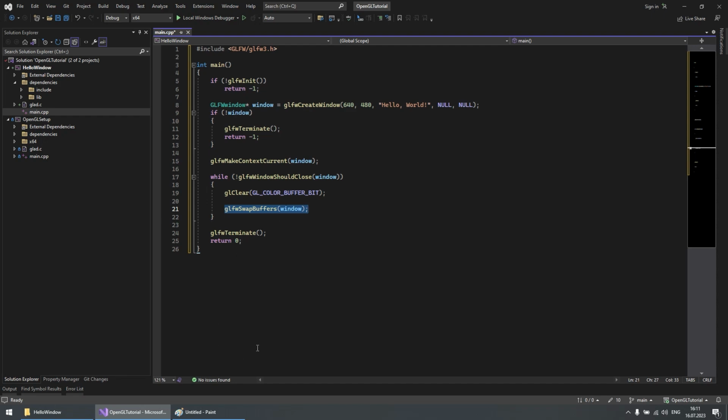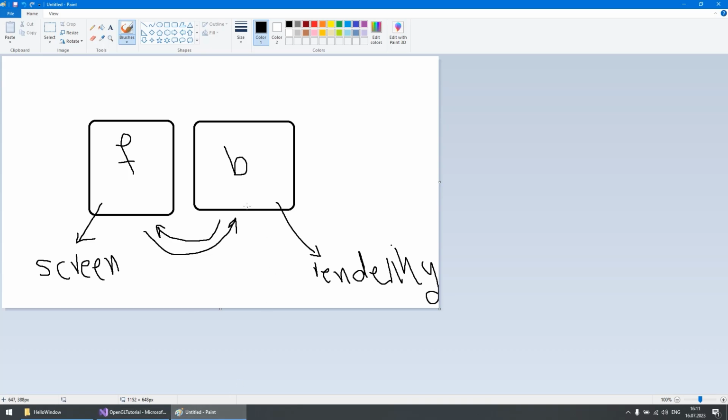And why do we do this? Because when you're rendering, when you're doing the processing, you cannot do it in the front buffer because the users can see this.